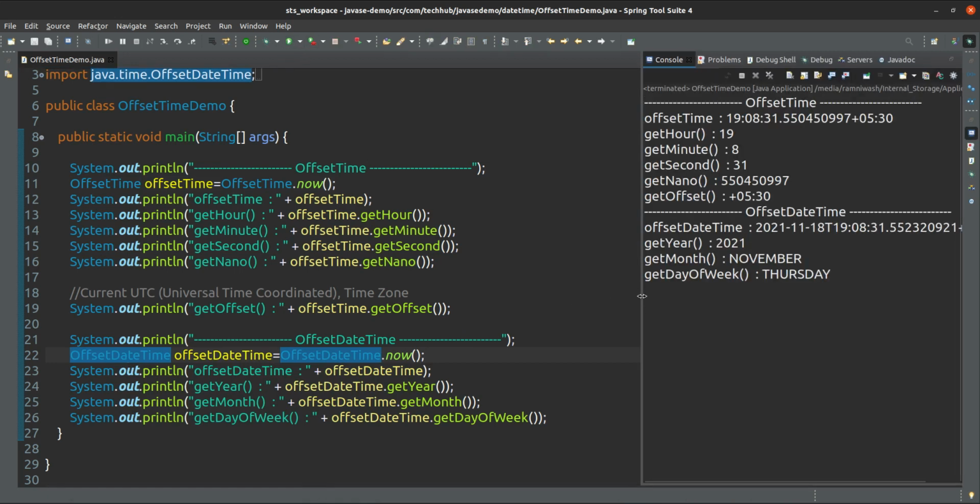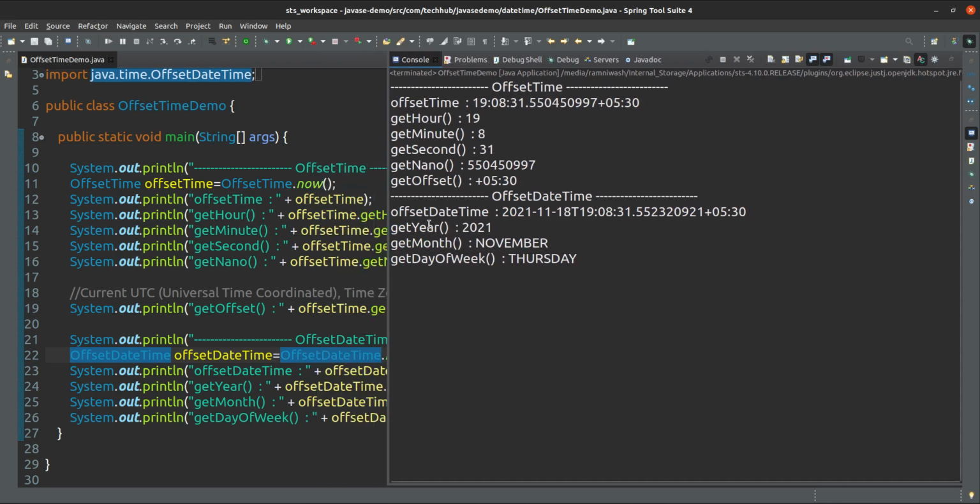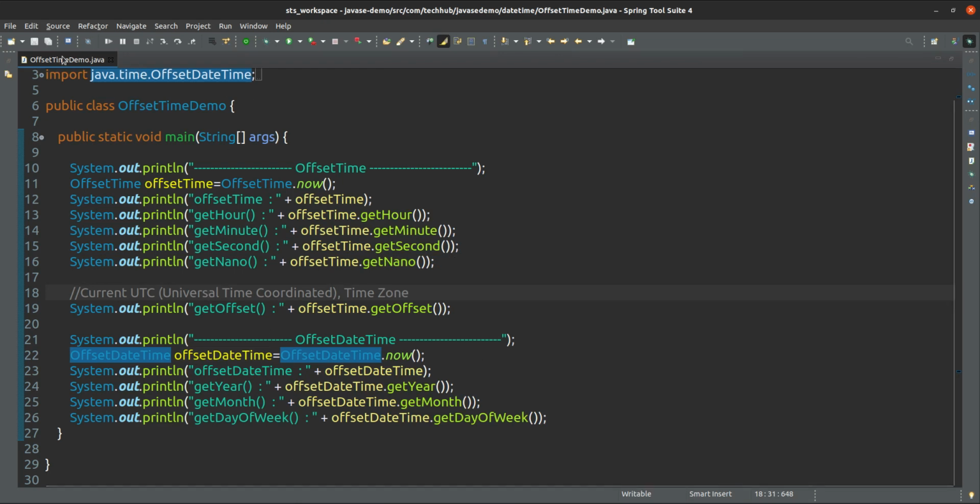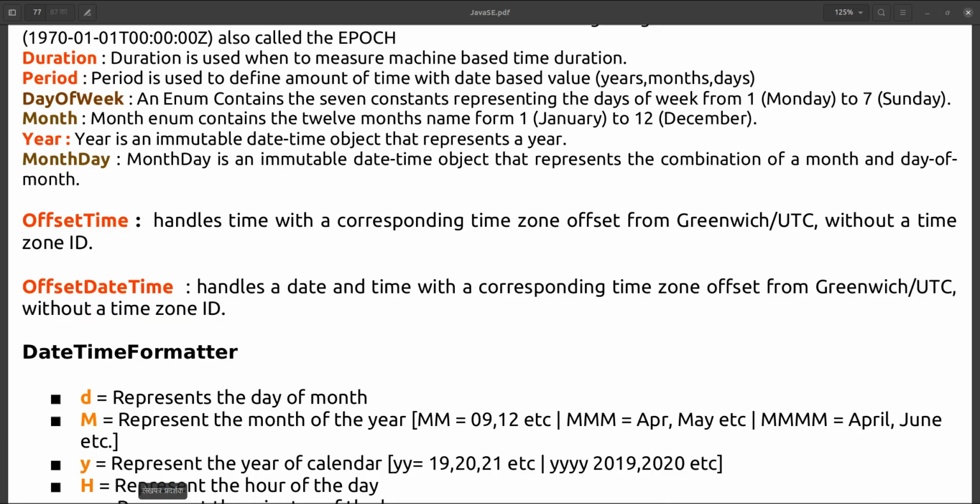In local date and time, it will give date and time, but it will not give the offset, but here it will give the offset. If we want to get the offset also, then we can use offset date time. Otherwise we can use local date and time also, no issue. Other methods are the same, year, month, day, something like that. Okay, that is fine. So this is all about offset time and offset date time.